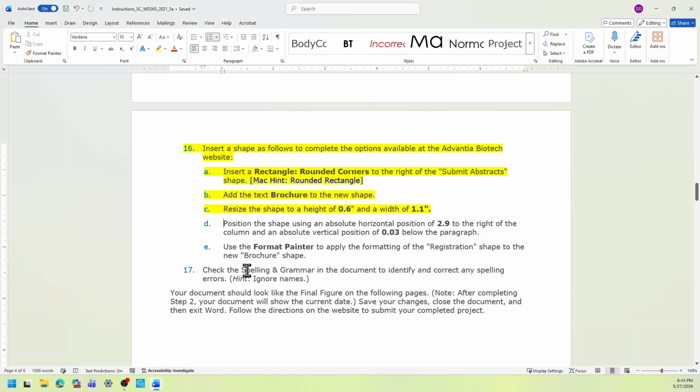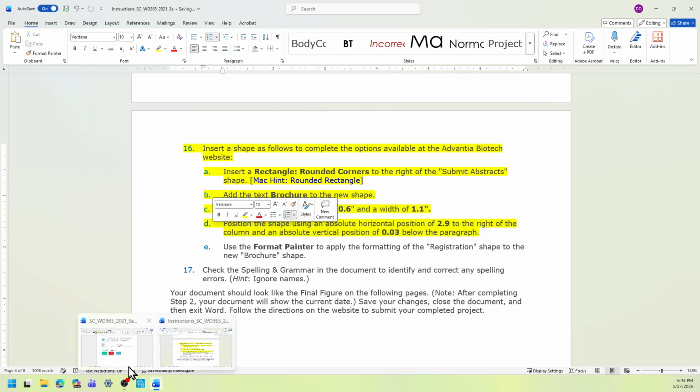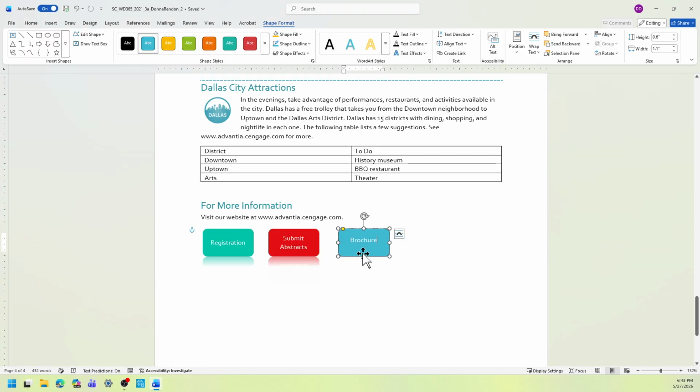The next one is position the shape using an absolute horizontal position of 2.9 to the right of the column and an absolute vertical position of 0.03 below the paragraph. So let's do that first. Back to here, you're still selecting this, and it says position, right?